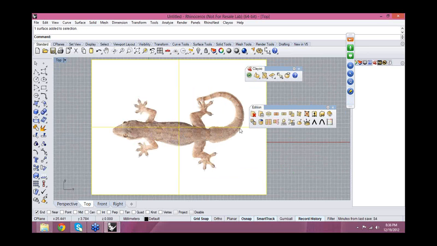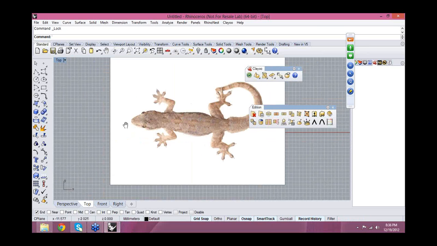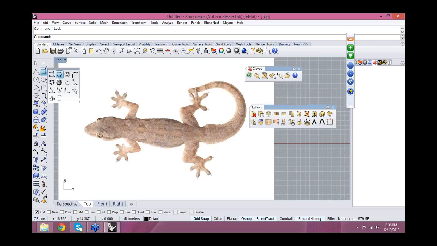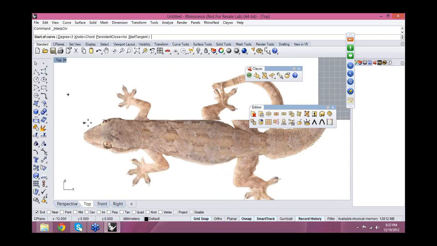Obviously we can create a curve, we can create a pipe, we can do a lot of things. But I want to show you another really interesting tool, okay? The tool is create surface from 2 curves. To do that, let me lock the image first of all, because I don't want to drag it. And I will select curve in Rhino, and we will create,